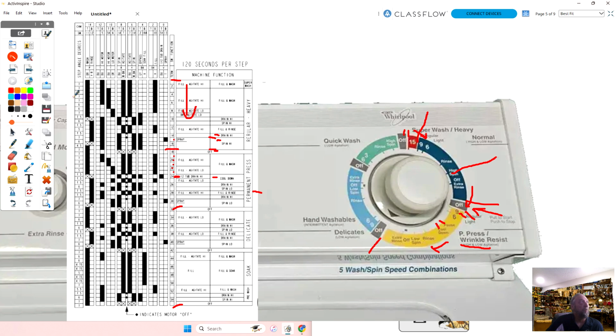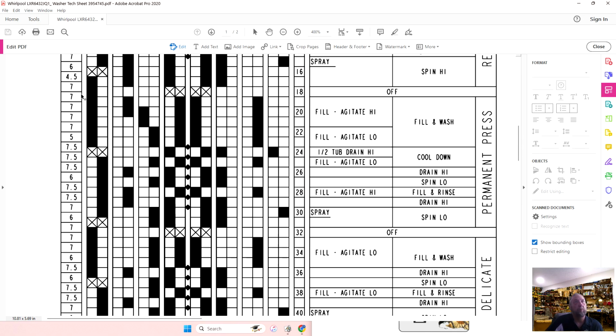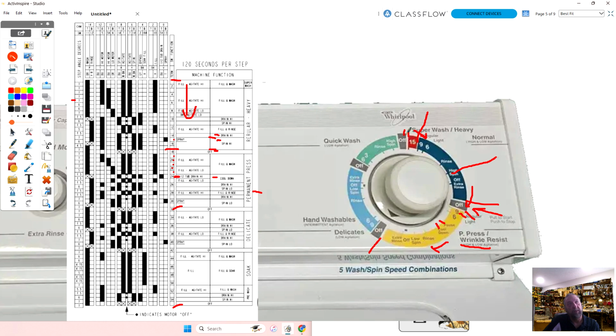So if I went to this increment right here, and I'll go back to the PDF one because it's a little bit easier to see. Let me pick out a point here. I went to this increment right here, this number 7. Well, I would say 1, 2, 3, 4, 5. That would be 5 times 10, 35 degrees. So if this was 0 degrees, 35 degrees may put me, I don't know, right about here.